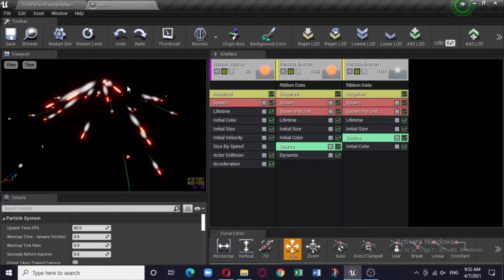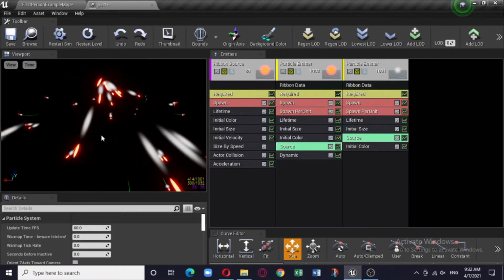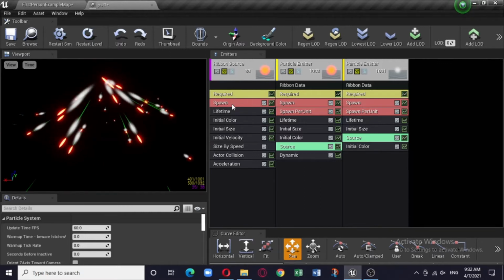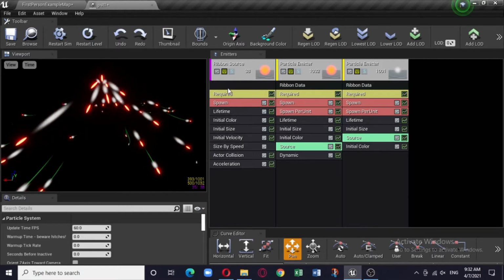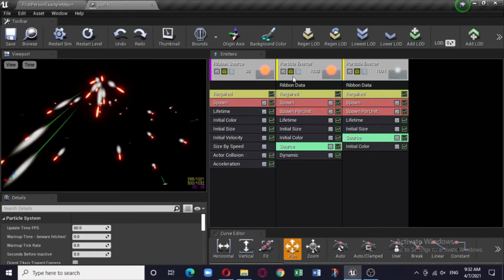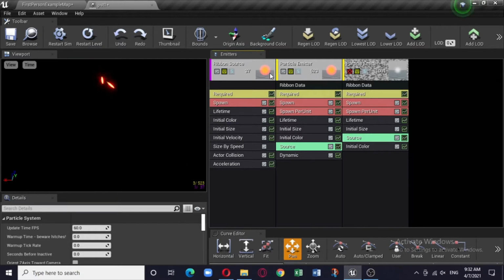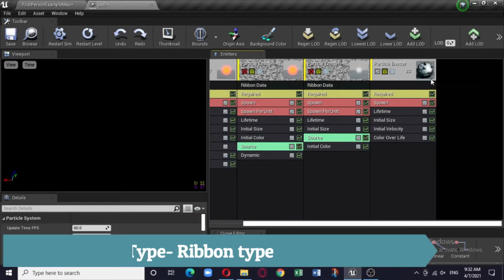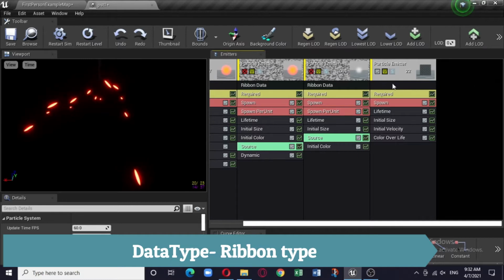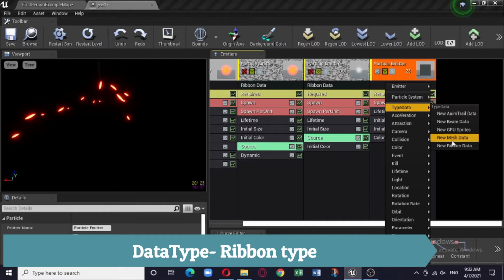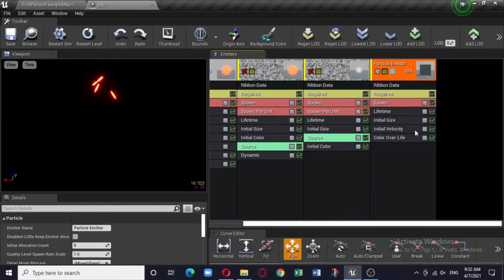Okay, so here is the emitter particle system. So this red glowing is basically the emitter which we have already created, and followed by these two are the ribbon data. Now let us do one thing. Let me hide these and let's recreate. So right click, new particle. Here in the new particle, in this blank space, what you need to click is the type data, which is basically the ribbon data. So here we are.